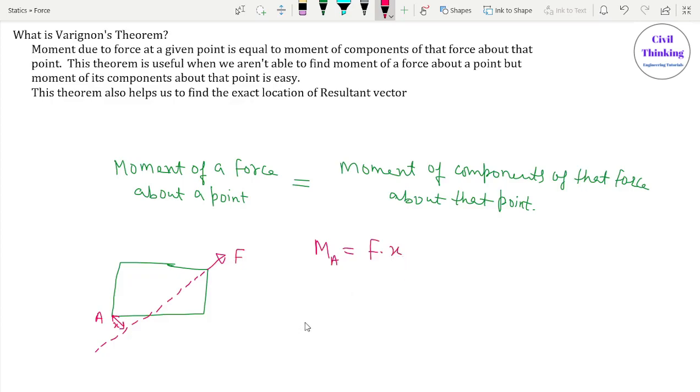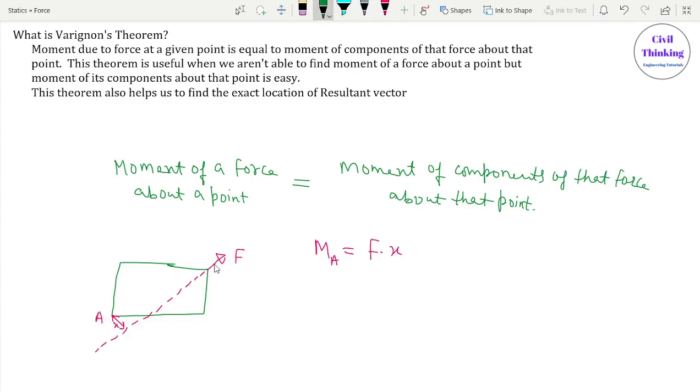So the moment of this force F about A is F multiplied by X. Now sometimes what happens is that we don't know the value of X. We don't know how far F is normally from A. In short, we don't know the exact value of X, or it is very hard to find the value of X. But we need to find the moment of force F about A. So what we can do,